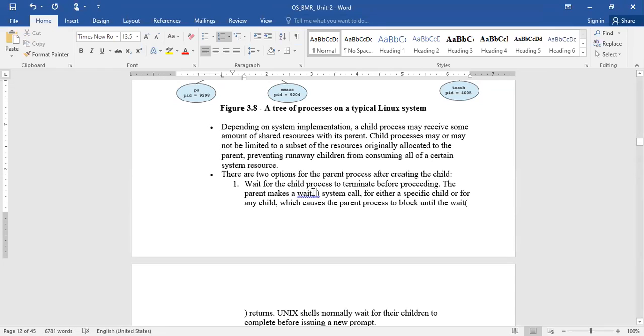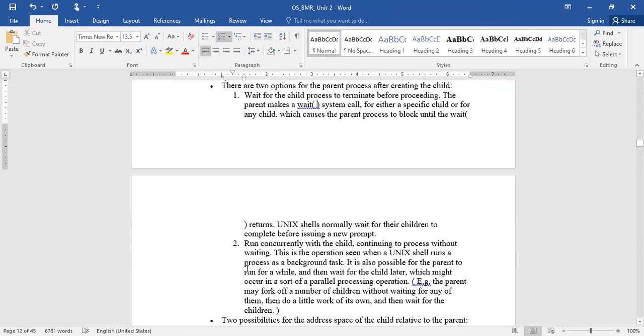Okay. So suppose you want to apply it for all, then you can simply say NULL. That means whatever the number of child processes that were created by this parent, the parent has to wait until the completion of all the child processes. Right? This is one option. Another option is to run concurrently with the child.